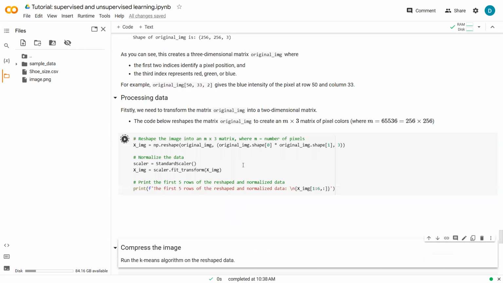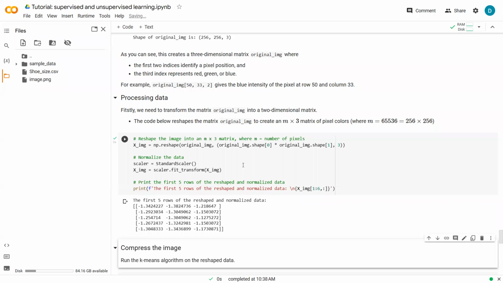So let's go on. Now it's the same thing. We always want to normalize our data for k-means and KNN, for the same reasons. We don't want to say our red intensity is very important and blue is not important, because that's just not true, right? So first of all, we took our data set and then we